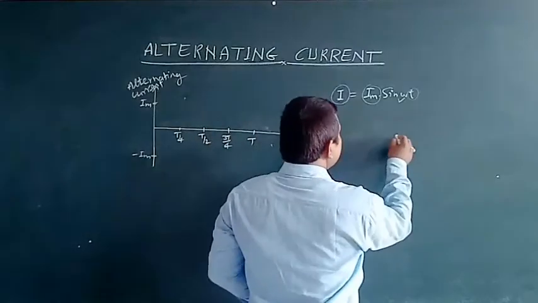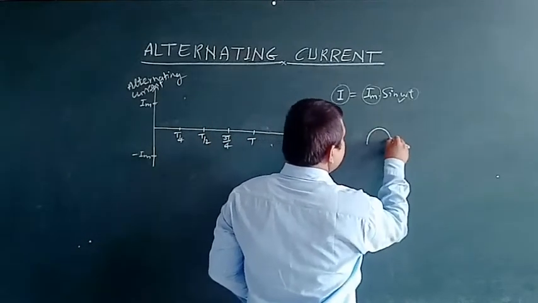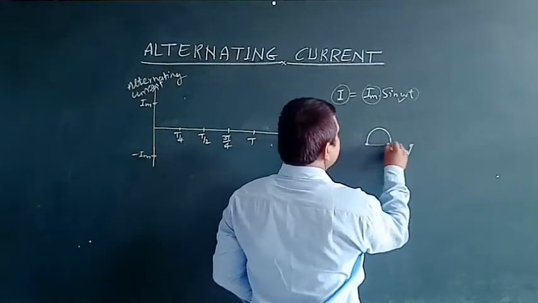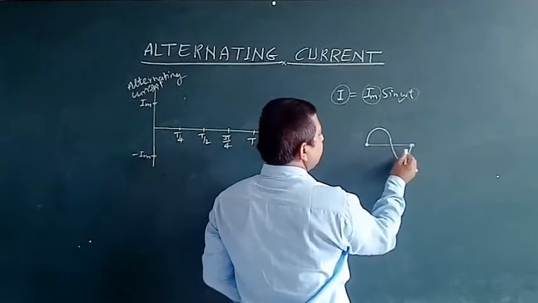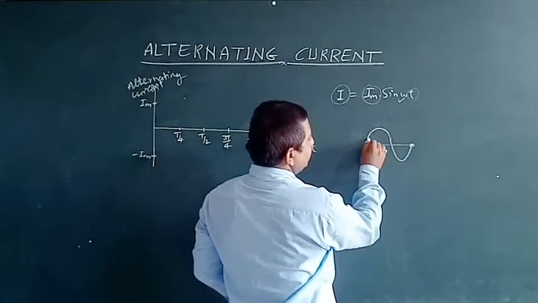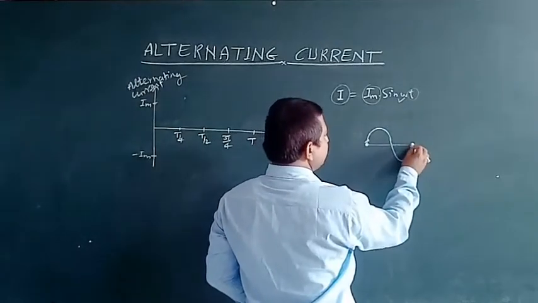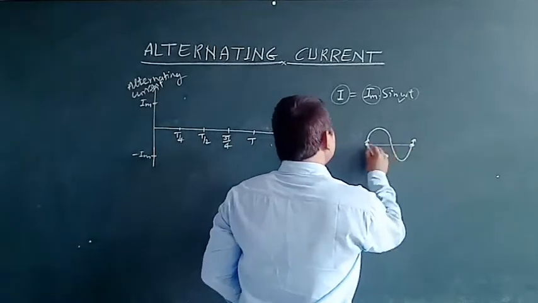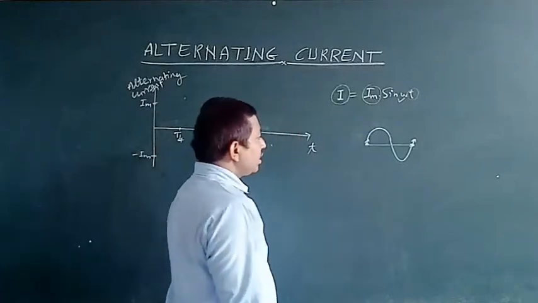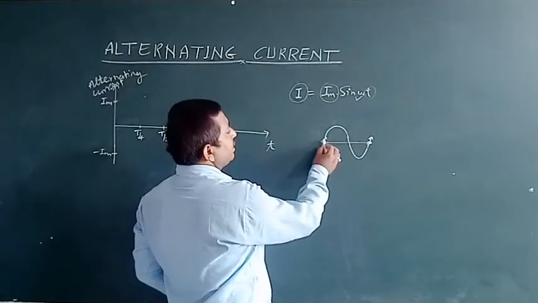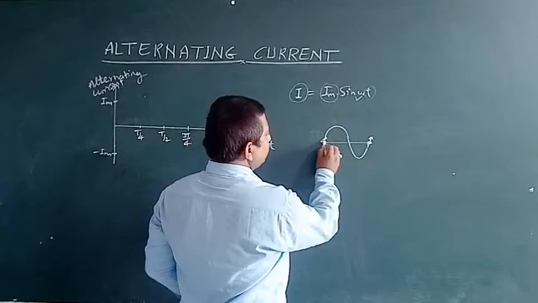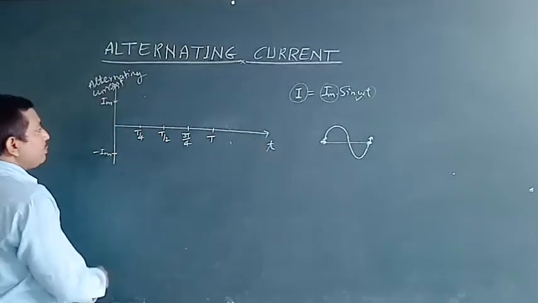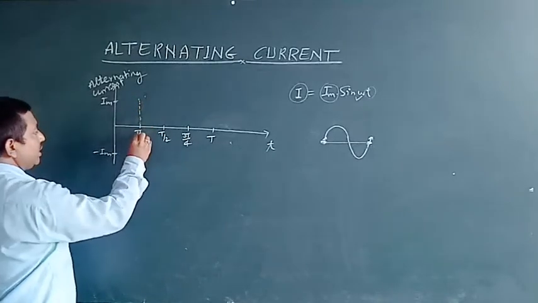It means if current starts at this point and reaches this point, both points are in the same phase. It means at this point it is going in the upward direction in the positive region, and at this point it is also going in the upward direction in the positive region. So these two points are in the same phase. The total time taken by the current to reach from this position to this position is known as the time period. So if we plot a graph, then we get